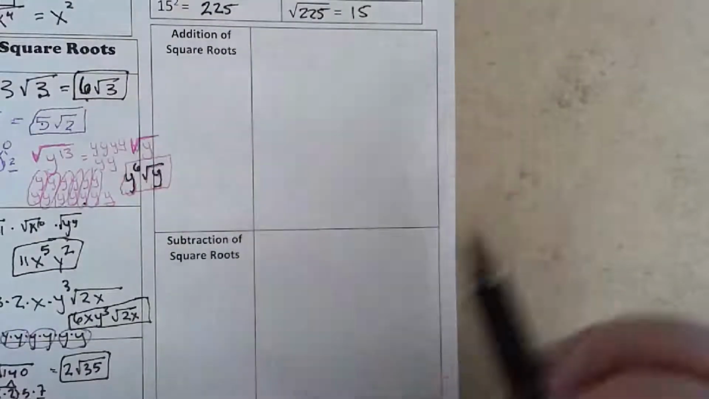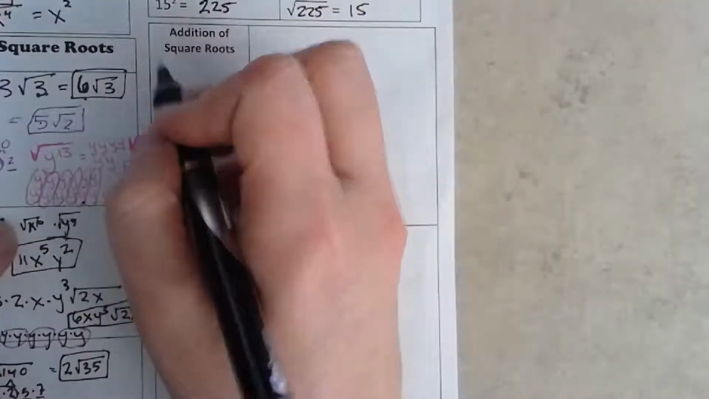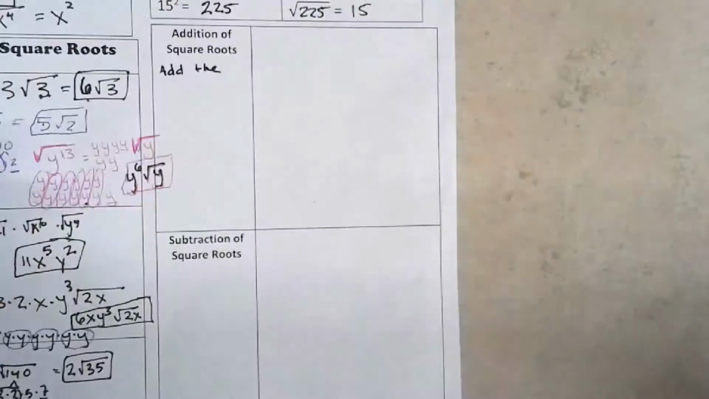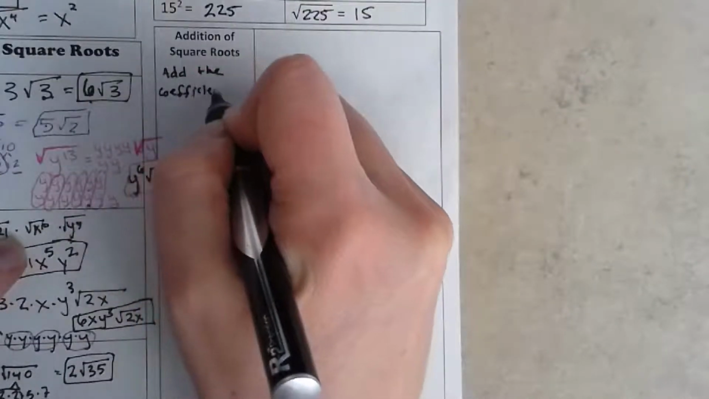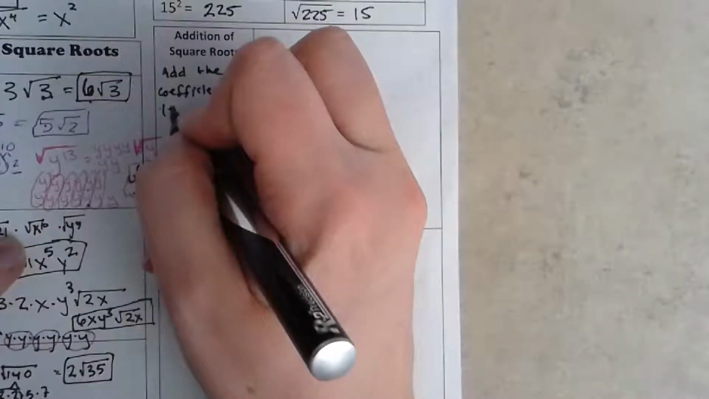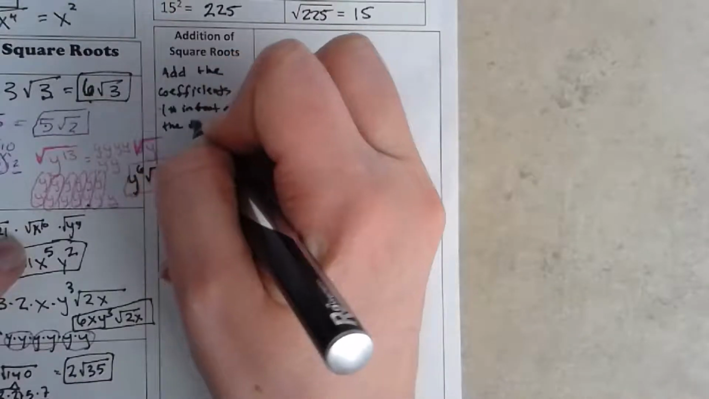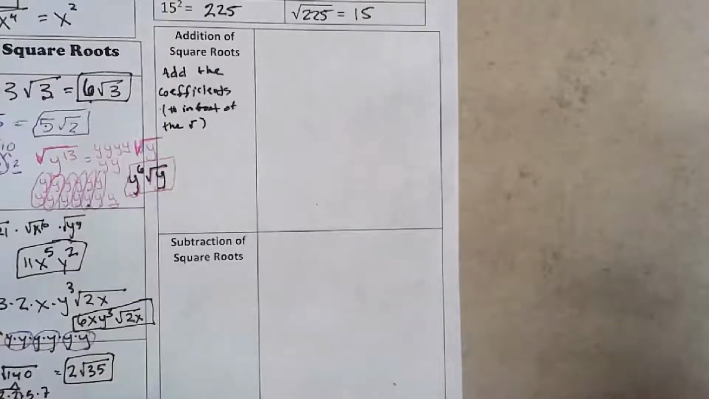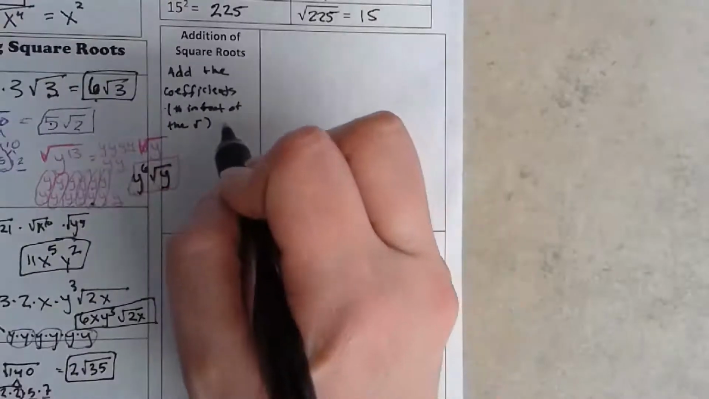They're actually very similar. The only difference is one is plus and one is minus. So in order to add and subtract, we're going to add the coefficients. Coefficient is the fancy number way to say the number in front of the square root. So we're going to add the numbers in front of the square roots